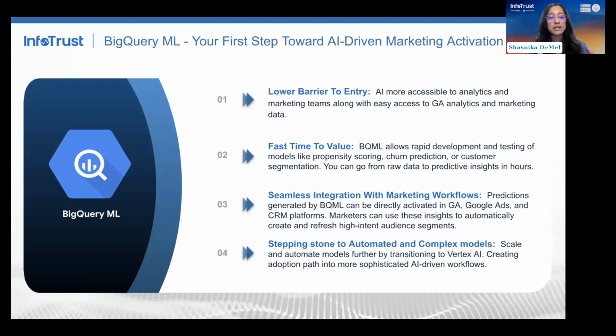Oftentimes, it helps you understand whether you have the right data foundations in place so that even though you're starting with simpler models, you can also start working on the other part, which is like, let's make sure we continue to enrich our first party data within our marketing data warehouse so that it can continuously feed these models and provide much richer insights.